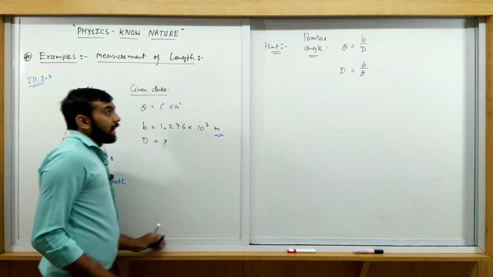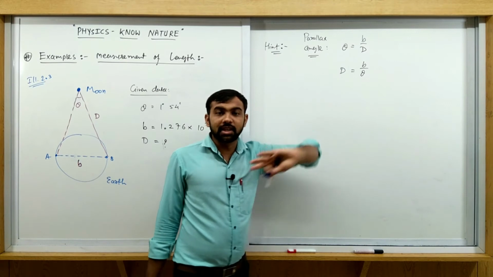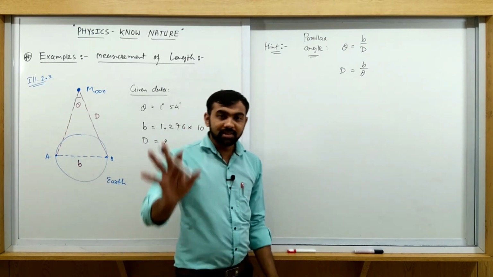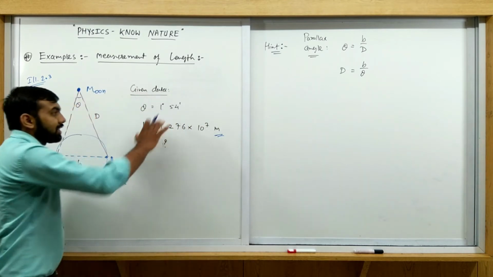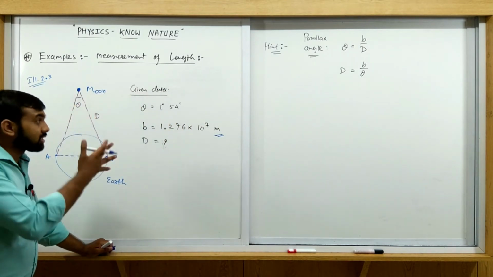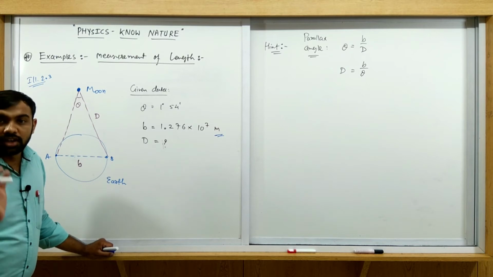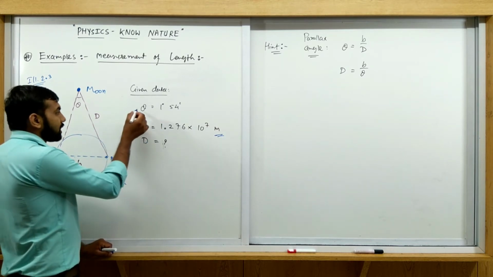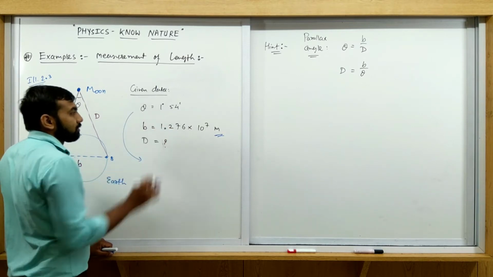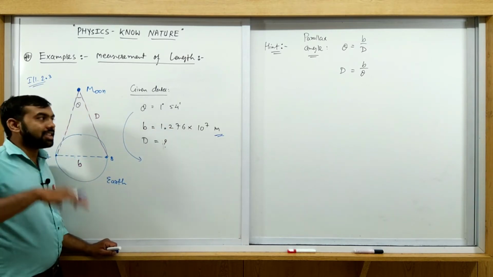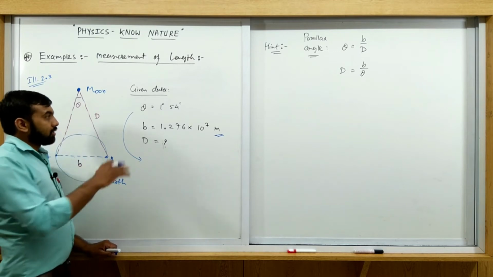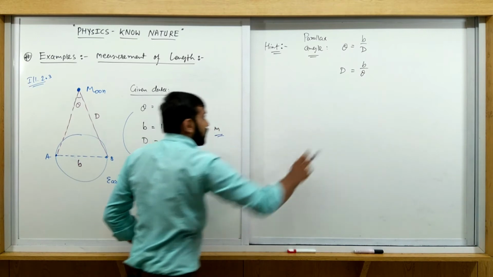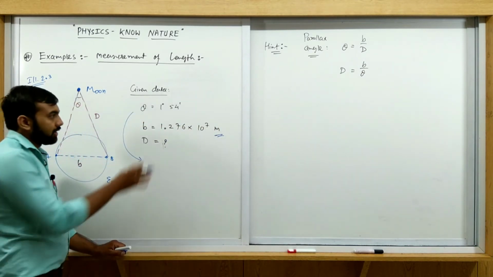When we write this relation, theta must be in radian. I am telling all of you, this theta must be in radian. Now tell me, is it in radian? The answer is no. First you convert this angle into radian. How do you convert it? You have two methods: convert the angle first into minutes, then radian, or degree and then radian. Let's try to solve this example. Right now theta is not in radian.